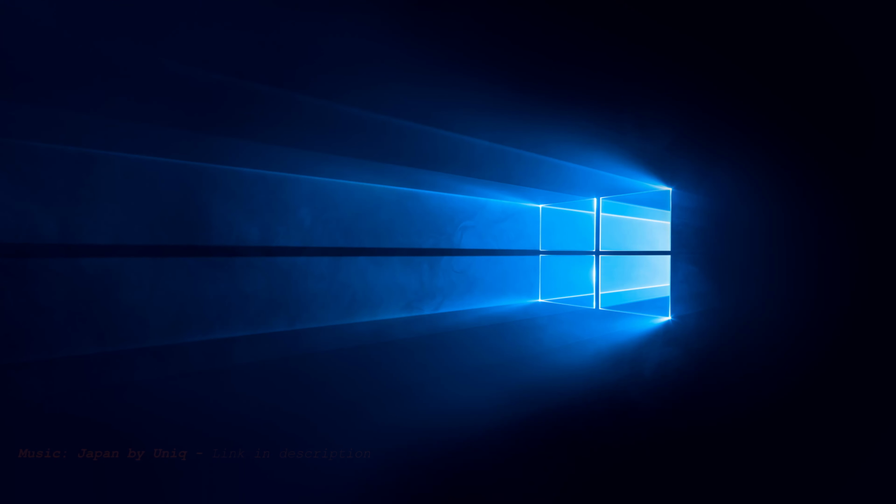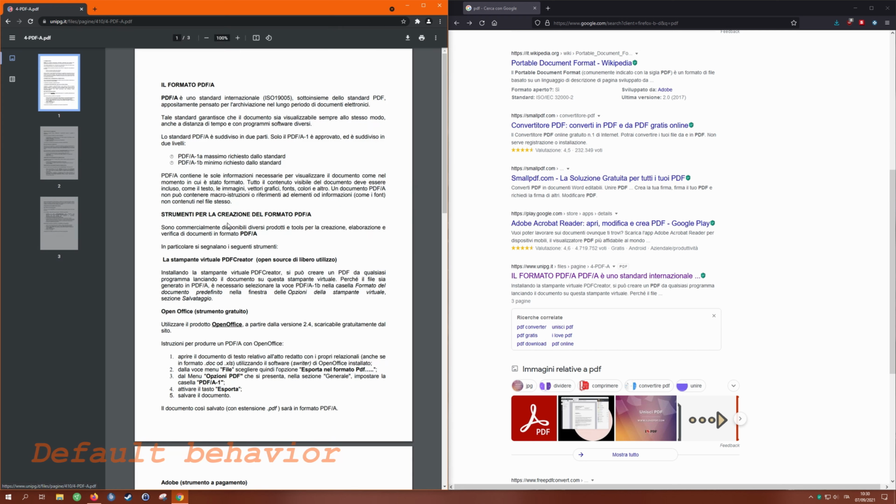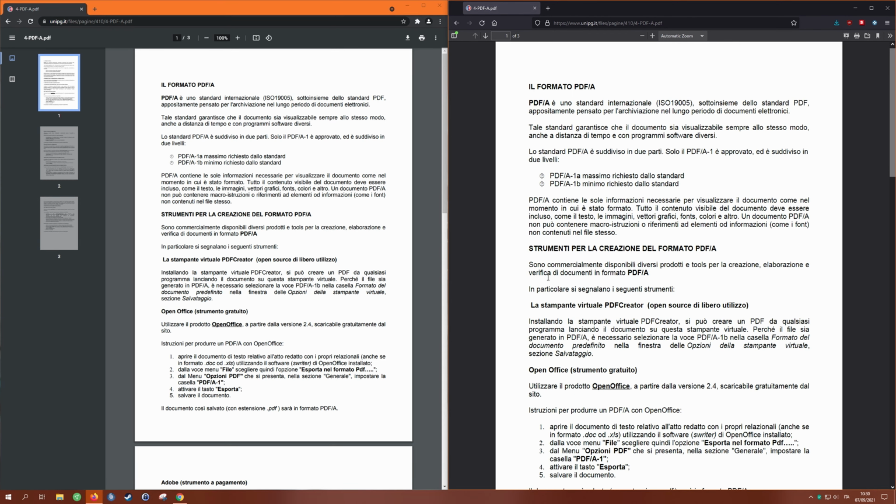Hi everyone! Today I will show you how to open directly a PDF file with Adobe or any other reader when downloaded from Firefox or Google Chrome. This is the default setting. Both Firefox and Chrome open PDFs like this, but a lot of people don't like to work directly in the